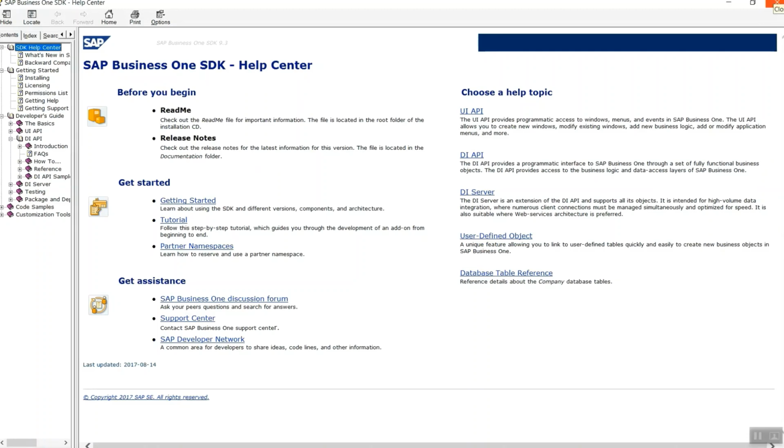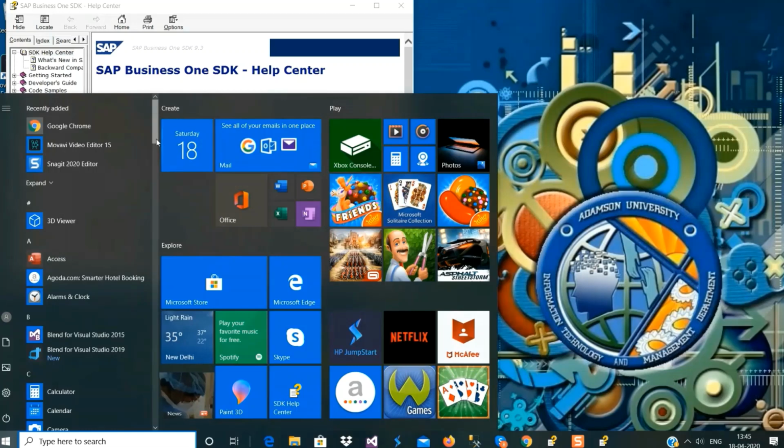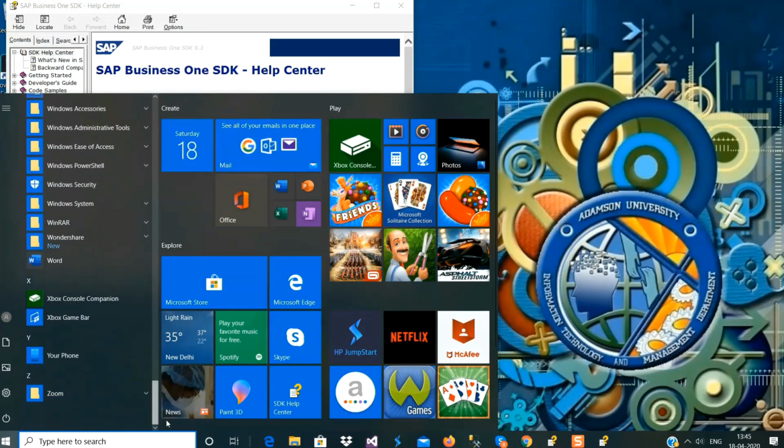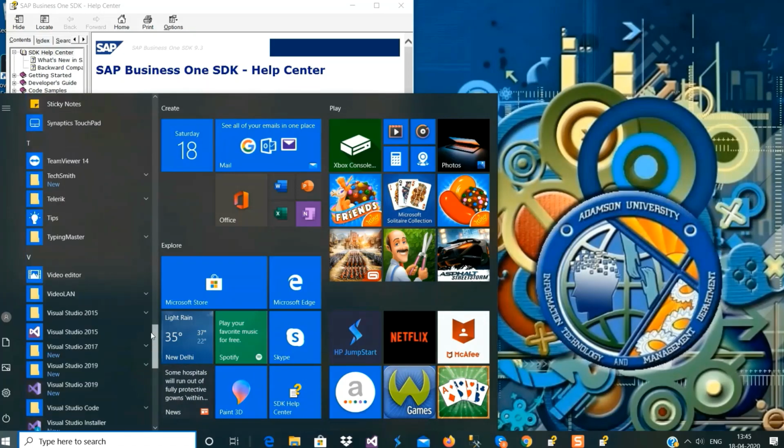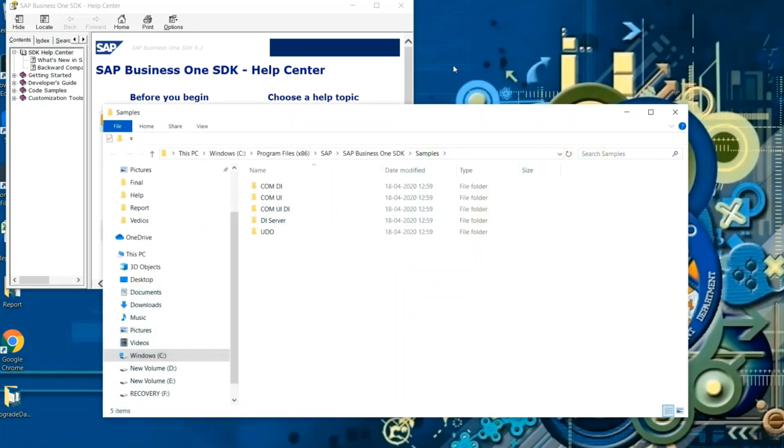The second point is the sample code. In the same folder, samples, you have sample code for the UI API and DI API, that is, the UI component and the DI component.